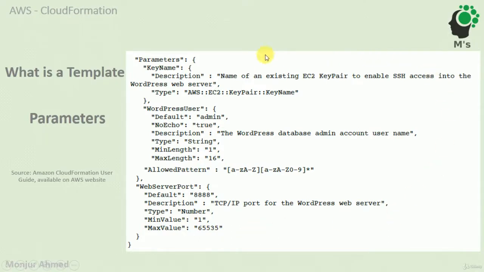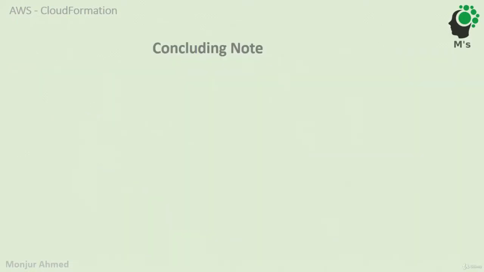This is just to give you an idea of how a template is created. This is, I would say, the beginning of the story when it comes to templates, not all of the story. It's just an abstract of what a CloudFormation template is. So to conclude, these points are very important. We need to keep in mind that we discussed just the very basics of CloudFormation templates, which will help you to understand templates. If you look into some templates on AWS, now you will understand what is written,